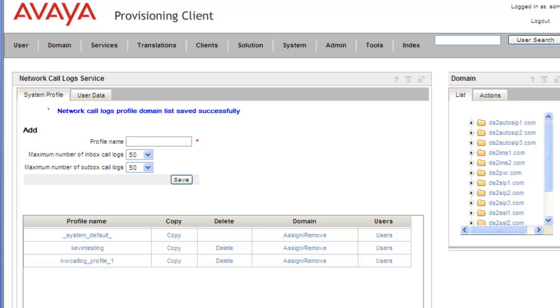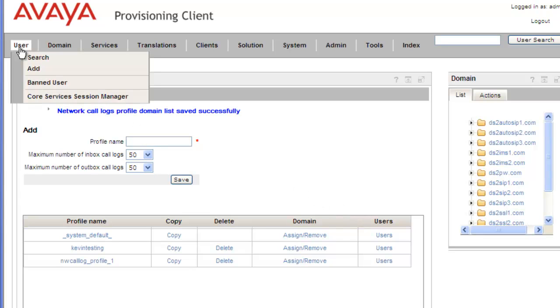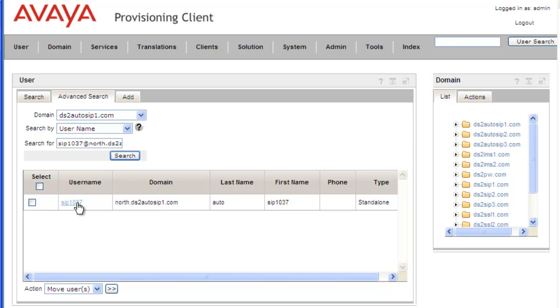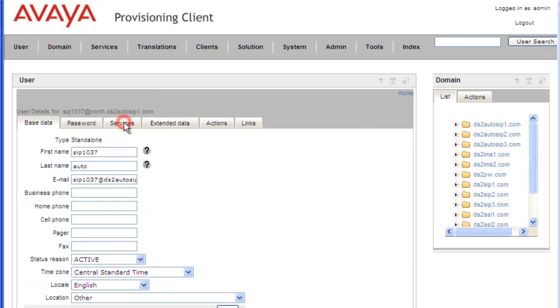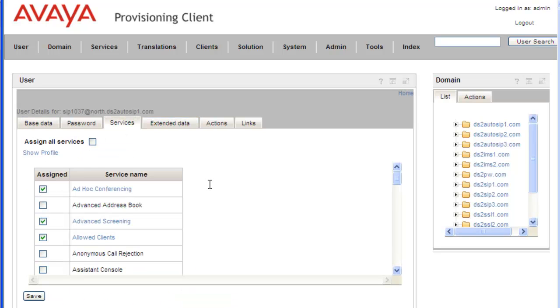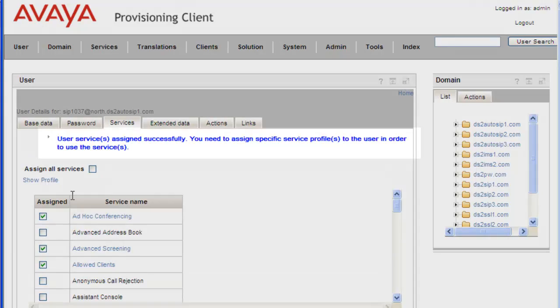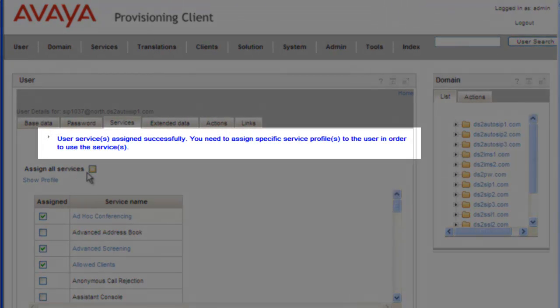Okay, now that we have the network call log profile saved to the domain, let's add it to an individual user. So the first thing we're going to need to do is apply the network call log service to the user's profile. So we'll click on Users, click on Search, enter the username, click on Search. Once we find the user, then we open up the user's profile, and under the Services tab for the user, we'll scroll down to the network call log and select it here. Click Save. And we get a message telling us that we've saved it,